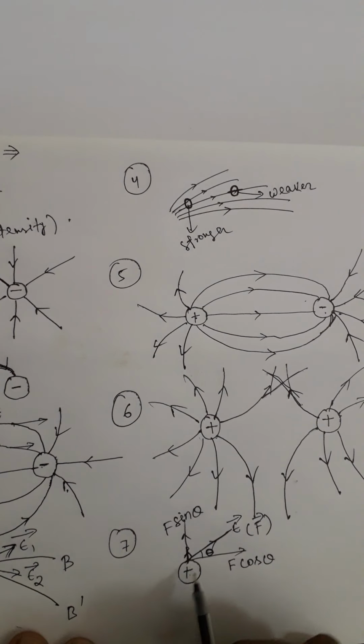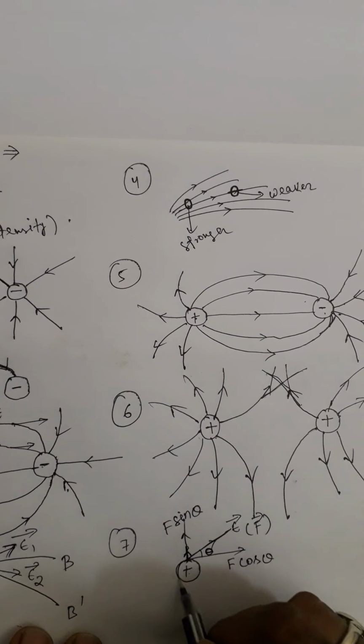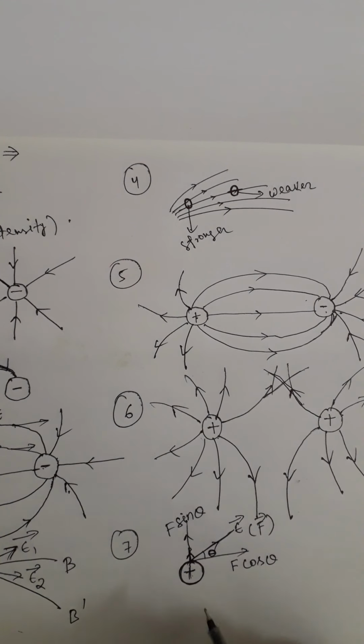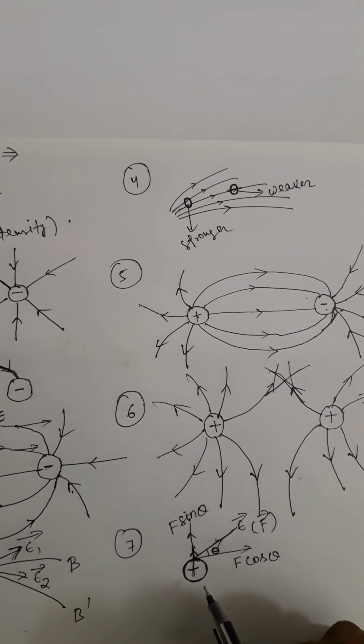If the lines of force are not normal to the conductor, the component of electric field parallel to the surface would cause electrons to move and would set a current on the surface. But we know there is no current flow in the equilibrium condition and this charge is at rest. Here in the electrostatics chapter, we will study that this charge is at rest.